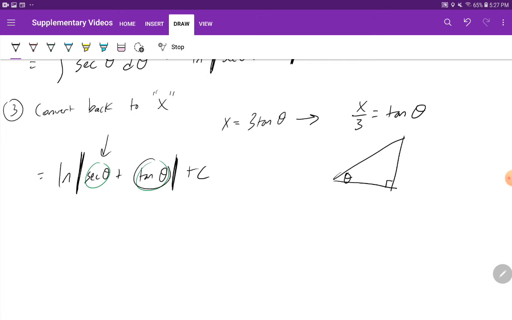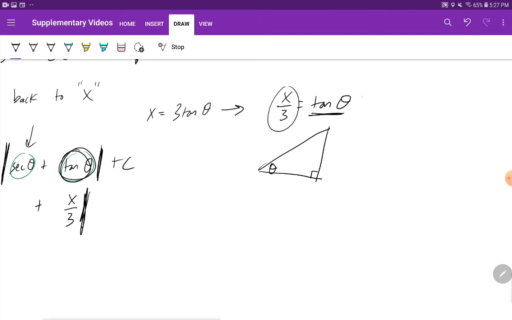It's x over 3. So we can just put that in right now. That's x over 3. But we got to know, what is secant theta? Well, let's solve this triangle here. If you remember SOHCAHTOA, if tangent of theta is equal to opposite over adjacent, then in this triangle, the opposite from theta is x, adjacent is 3. And using Pythagorean theorem, it becomes